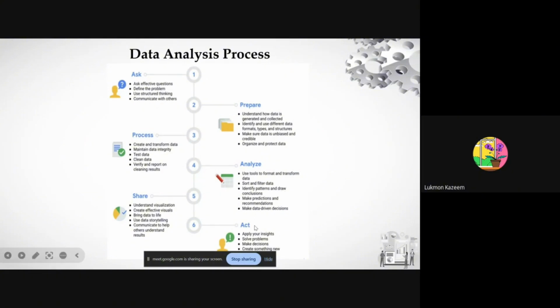So then lastly is to now act. The essence of having reports and visualizations is to act where there is need for you to act. Let's say, for example, you've been using data for the first quarter of the year. You've been seeing that Instagram has been using more data than other apps. In order to ensure that you are not spending too much on data, you now need to limit your usage of Instagram. So that is how to act.